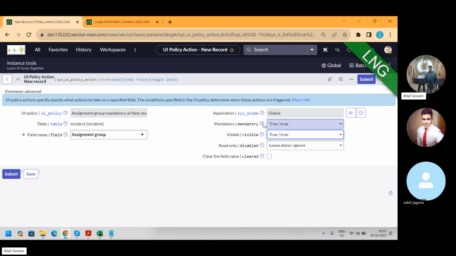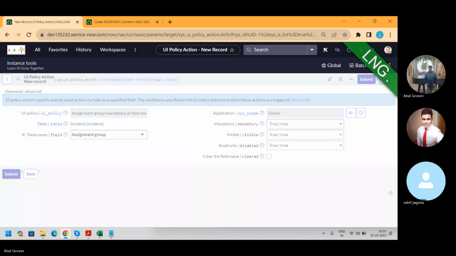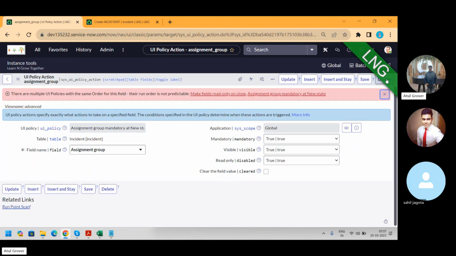If it is mandatory, then how can it be read only? Same example: Arnab, come to my house for the dinner, but don't eat anything. Atul, then why should I come? Let's try to make it true and save. See